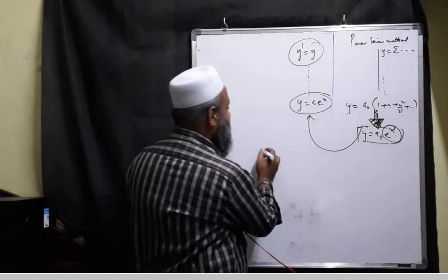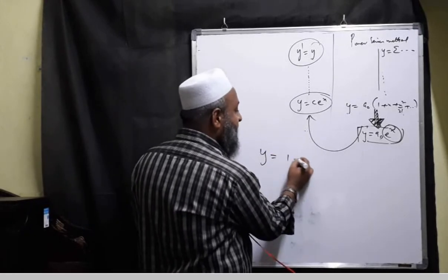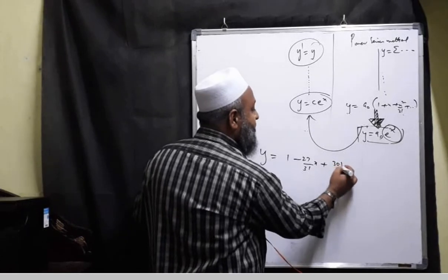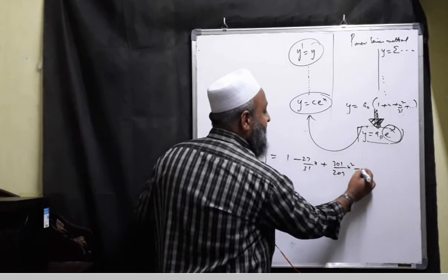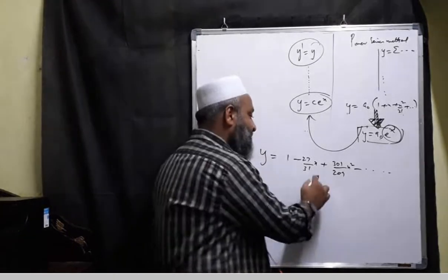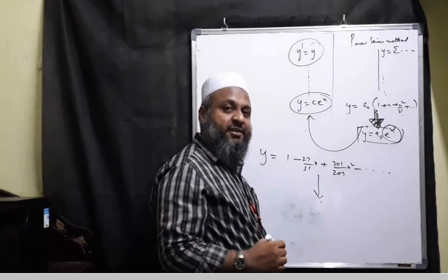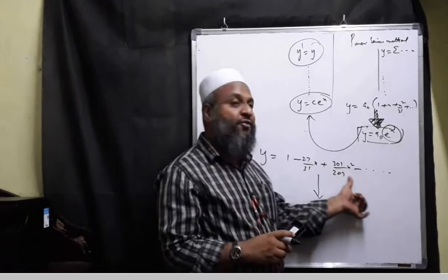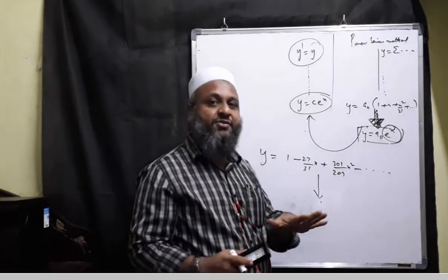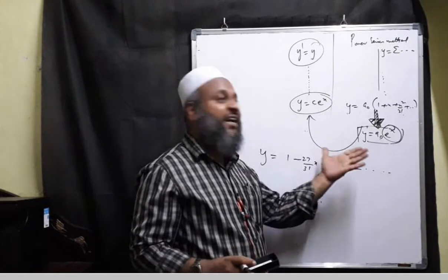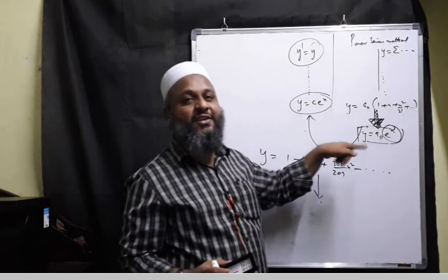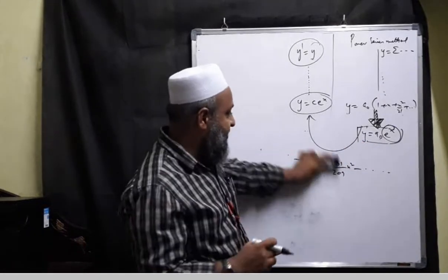I'll say now, I have an infinite series. I'll just simply say y is equal to 1 minus 27 by 31 x plus 301 by 209 x square minus something. What is the name for this infinite series? What is the closed form for this one? You can't. How many possibilities are there for the coefficients? Infinite number of possibilities. Can you give the name for each and every one? Impossible. And hence, for an infinite series for which there is no closed form, how do you get the solution in the closed form? That is the logical point to be understood.